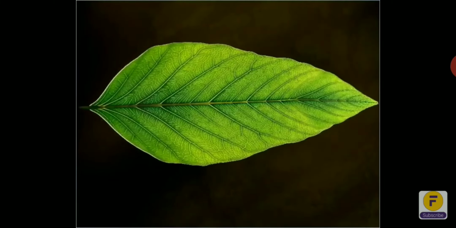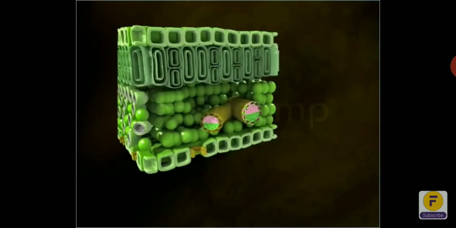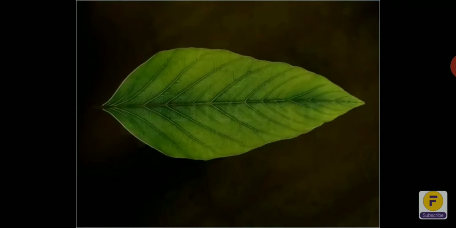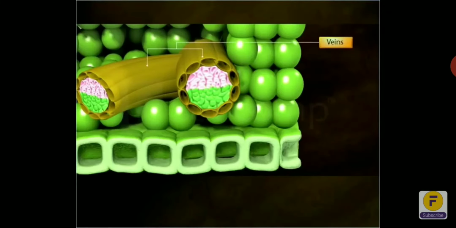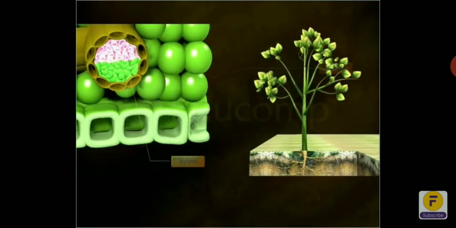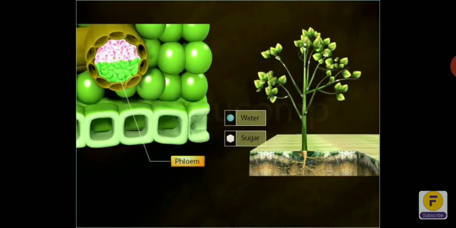Have you noticed those beautiful fine lines on a leaf? They are the veins, which is another important part of the leaf. The veins are the vascular tissues of the leaf located in the spongy mesophyll. These veins are arranged in a specific pattern, a branching network which is called venation. Veins comprise both xylem and phloem. Xylem carries water and mineral salts from the roots to the leaves, and they diffuse out to the surrounding mesophyll cells. The sugar produced during photosynthesis is carried by the phloem cells out of the leaves to the other parts of the plant.